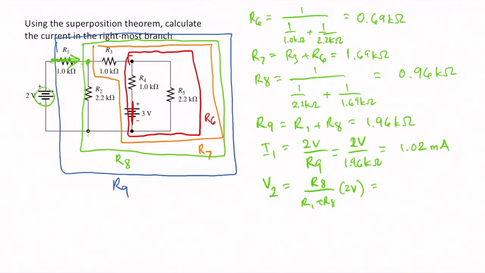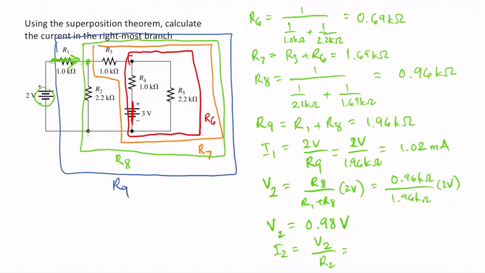Replacing these values, R8 is 0.96 kilo ohms divided by R1 plus R8, which is 1.96 kilo ohms, times 2 volts. So V2 is equal to 0.98 volts, which means that the current through